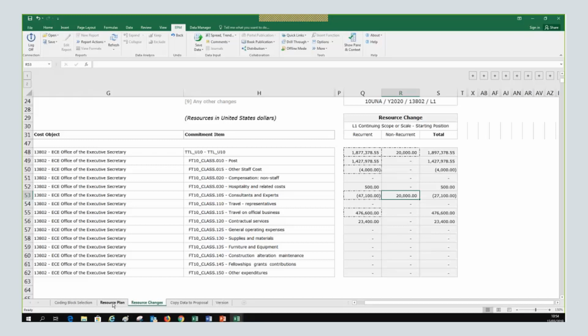So I went to the previous tab and I said there are $20,000 that we're going to increase for consultants and expert budget class. So now the system is telling us, all right, this 20,000 that you entered, you are not specifying any reason.